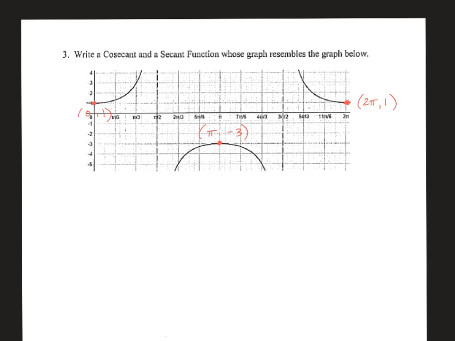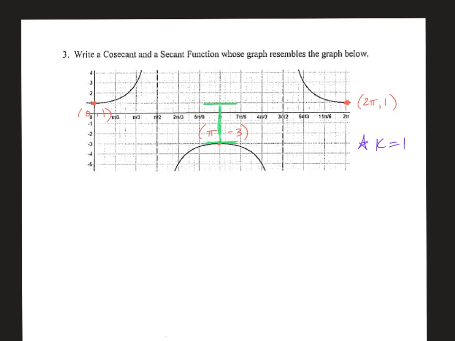That we actually see a picture that doesn't require a horizontal stretch. That is, when we take a look at that graph, you notice that you have one complete cycle that takes place between 0 and 2 pi. So, right off the bat, we notice that our k value is 1. The other thing I'd like you to notice is that although this is not an amplitude, because it's not half the height,